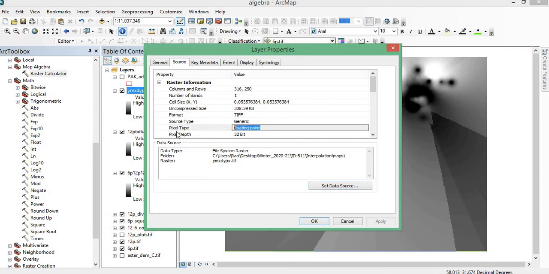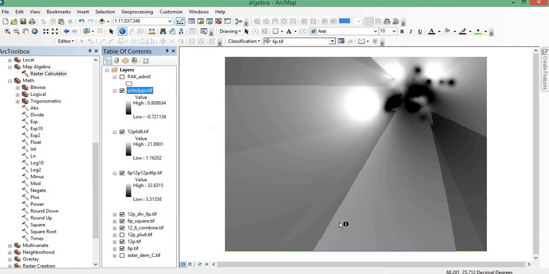So sometime you get this pixel type as integer. Whenever you perform any operation on y minus x over y plus x, you get the data ranging from -1 to +1.